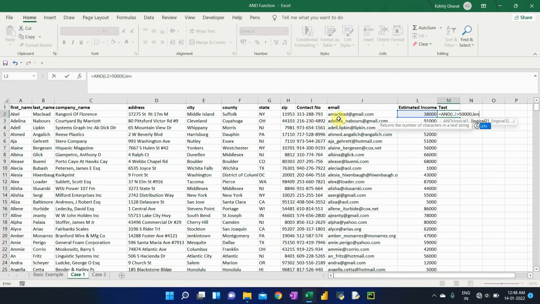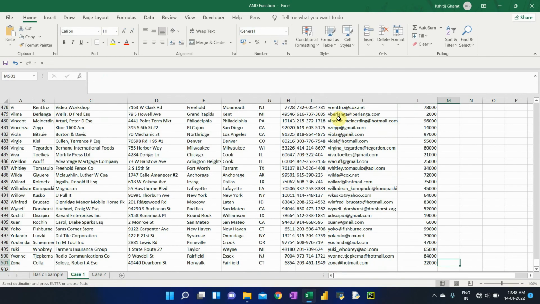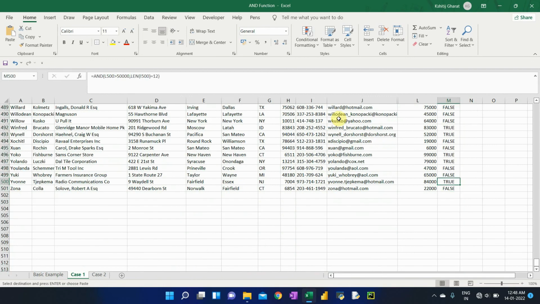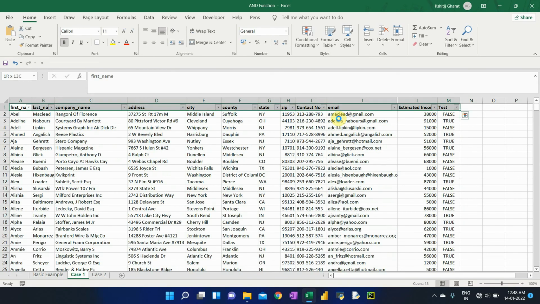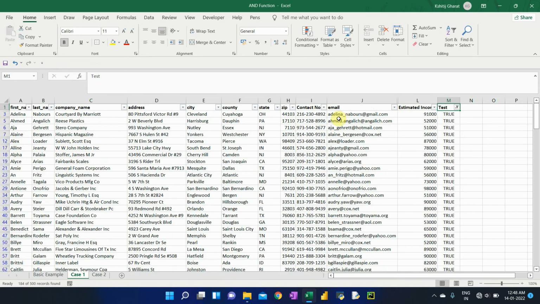So I'll say length of column I should be equal to 12, and I copy this formula and paste it across the data set and I filter out the false values. I have a data set now where my clients are earning more than $50,000 and their mobile numbers are correct.